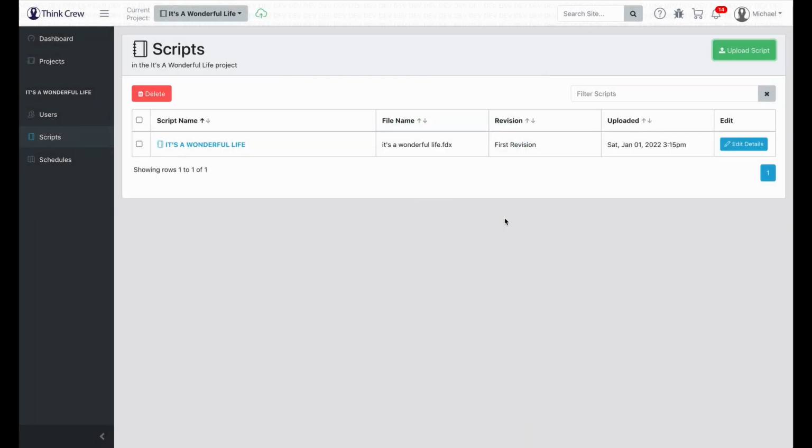Now you may have noticed that upload took roughly less than half a second. This is a major improvement from the old upload system in ThinkCrew. Previously, it could take up to 30 seconds to upload a script into ThinkCrew. Now it's essentially instantaneous. So let's go ahead and click on this script and take a look at some of